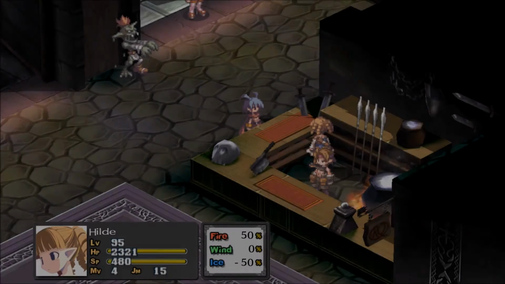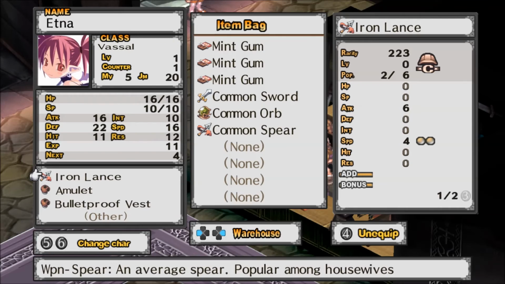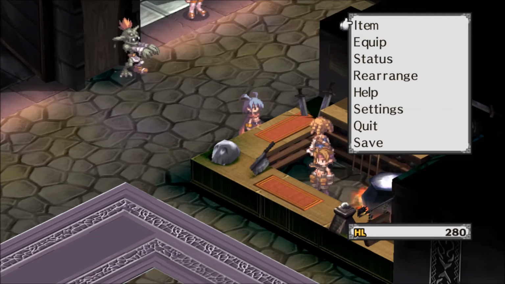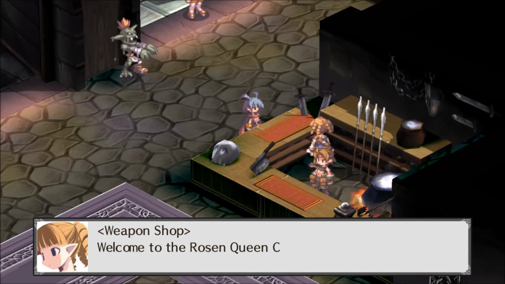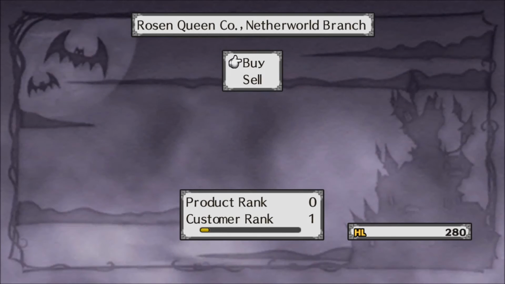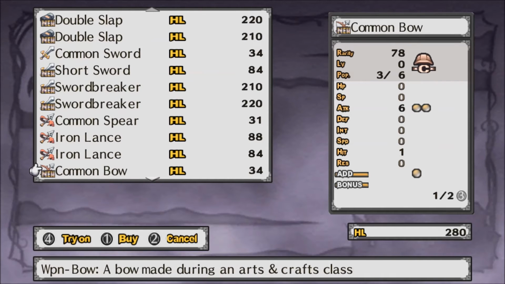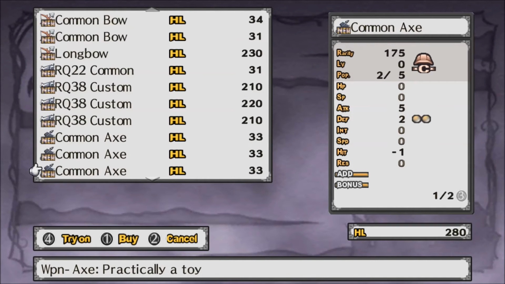Alright, it's 12. Hold on, I want to actually take a look at what she's using right now. The Iron Lance is 6. Okay, well, we're going to swap that then. Alright, yeah, we are definitely going to change it out. Alright, see? Gotta do stuff. I kind of wish that the side-by-side comparison existed, but even though it doesn't, that's still okay. Alright, so we're going to go with the...